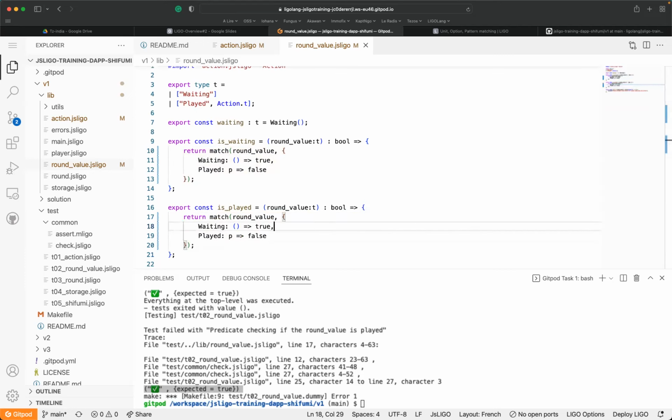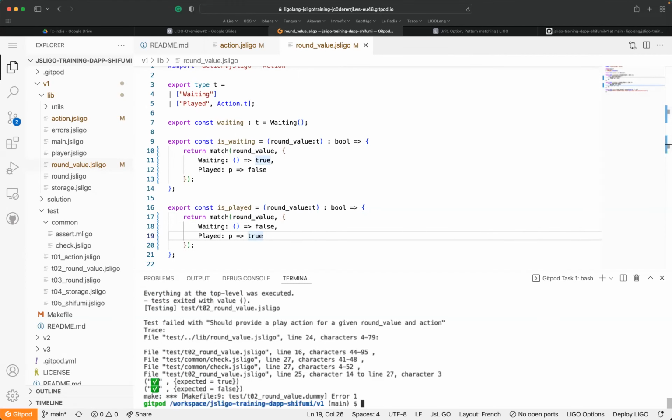For the moment, the code which has been written is quite simple, but it uses mainly the match function and variant type. Since it's not the simplest data type, it's not useless. So here we have the expected false.